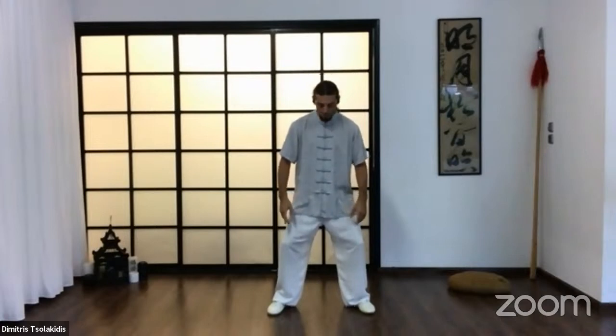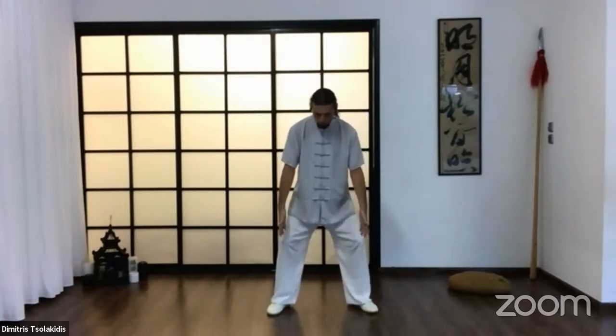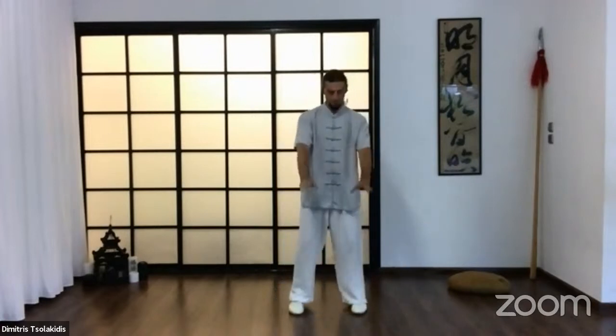For now, I just saw one very simple basic exercise. It is based on, and begins from, the mabu, the horse stance, which has a small difference maybe from what people practicing Taijiquan already practice and know. The slight difference is that now we don't keep the feet parallel and facing forward, but we open a little bit to the sides, outwards, the toes pointing outwards,